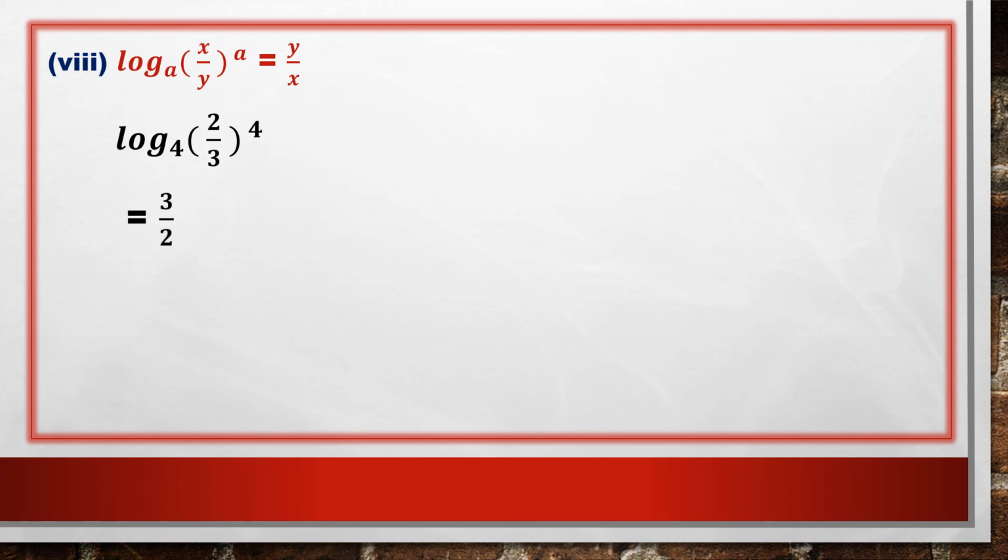Clear? Let us go to the next property, a to the power log n base a. So its value will be n. Whenever anything is there before the log, you will have n as your answer. This one you should remember. So if these two are same, directly 5 is your answer.